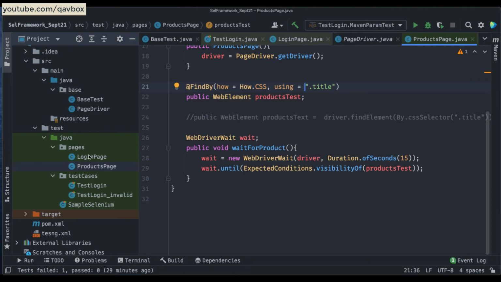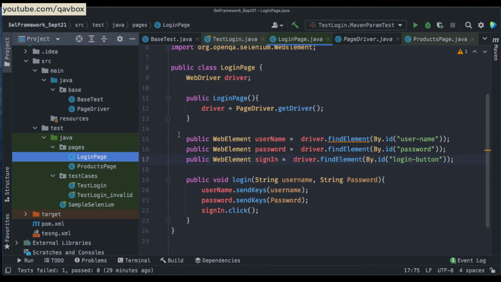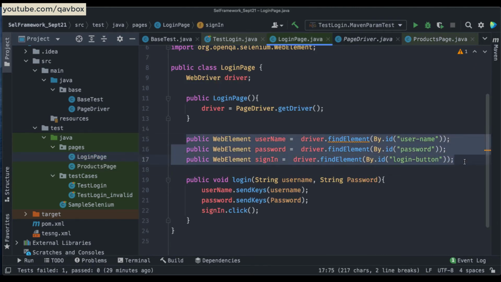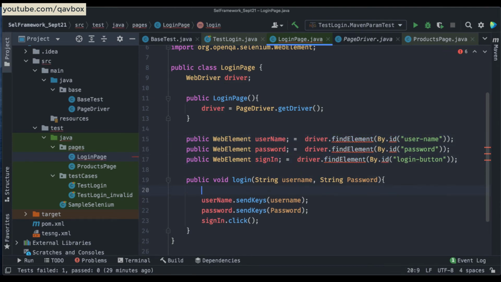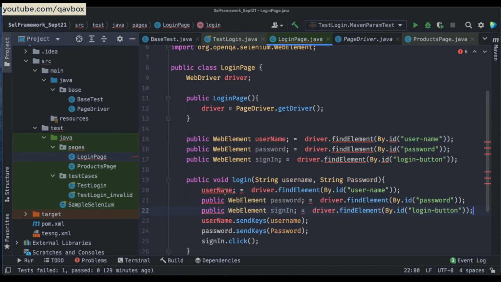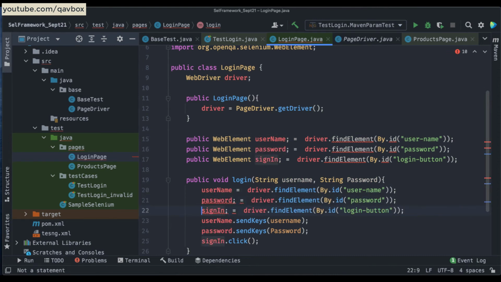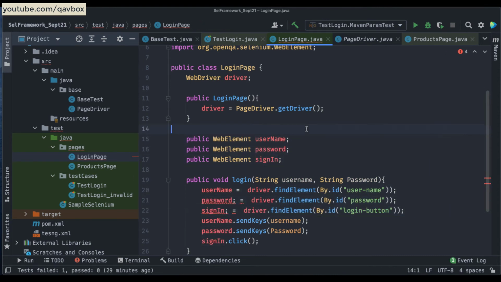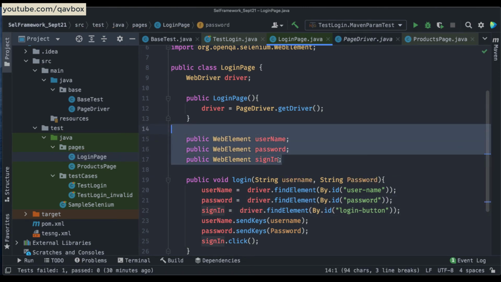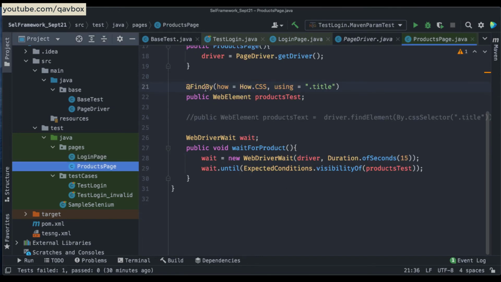Okay, so here one more thing we need to change. If you see, we are declaring these things here, I mean declaring and then assigning them, right? So we need to make it like this, and then inside this method we need to write the logic to access all these things. Let me do one small thing. So this is my classic approach which I showed the first time, but this is the way we are using the page object model, right? Sorry, page factory we are doing.